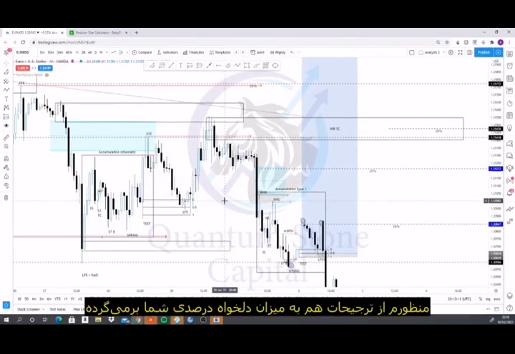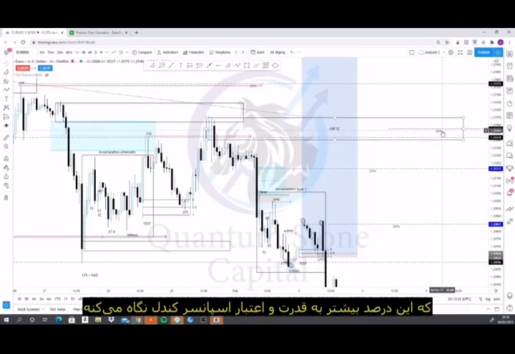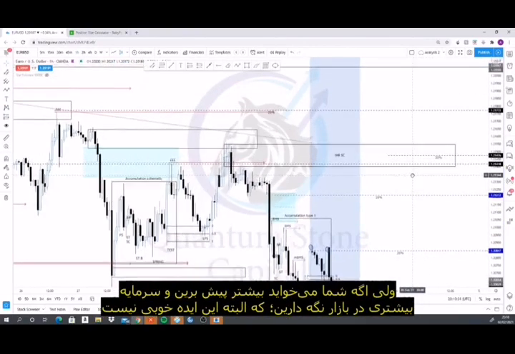And when I say depending on your preference, I mean regarding percentages. This could either be a 20% partial you take off, or a 30% partial, depending on how strong that sponsor candle looks. And again, we had a sweep with these prior engineered highs. So I would personally take 30% of my position off, but if you want to scale your position a bit